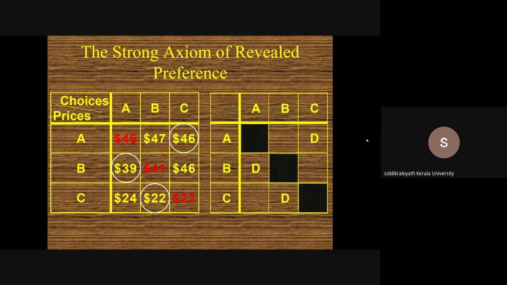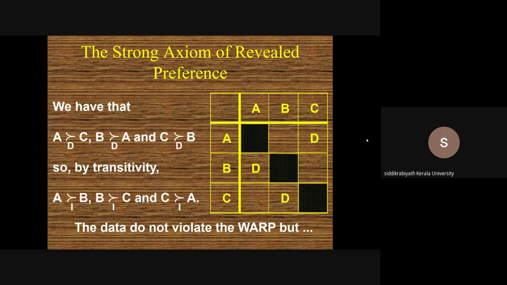Only you have three other combinations which are not actually circled. So what they then do not violate. So in that case, it does not violate WARP, because it is directly revealed preference. Okay, so we have that A is better than C, and B is better than A, and C is better than B. So by transitivity, A is